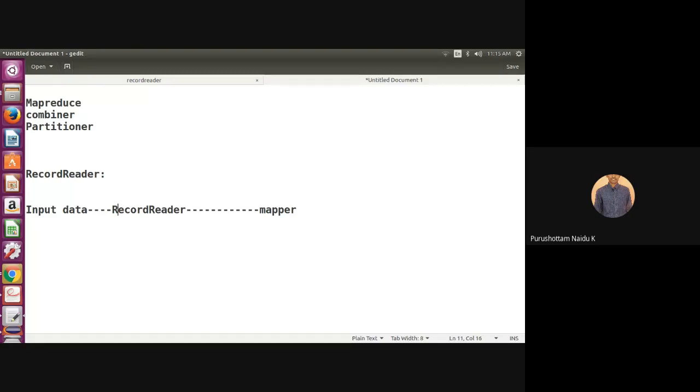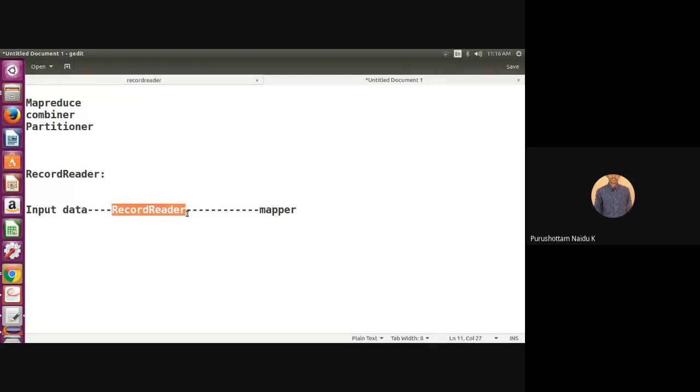It is also possible to customize the input data in our own way. That means we may split the input data into a different format, and that is possible with the help of the record reader. If you are not using any custom record reader, Hadoop automatically splits the input data into key value pairs and gives them to the mapper. That is the main purpose of the record reader.